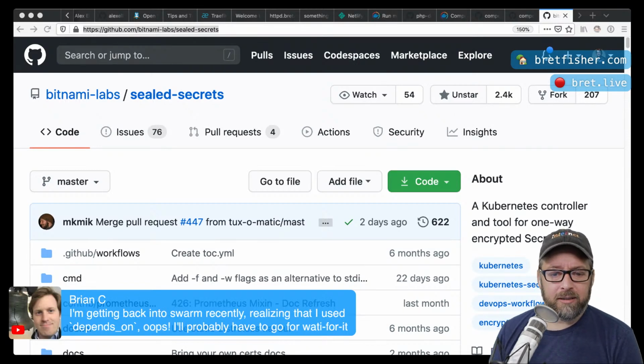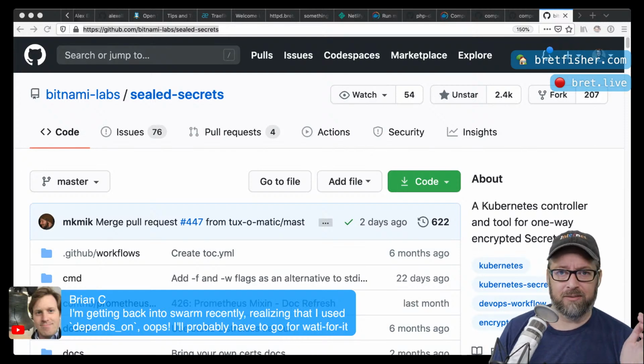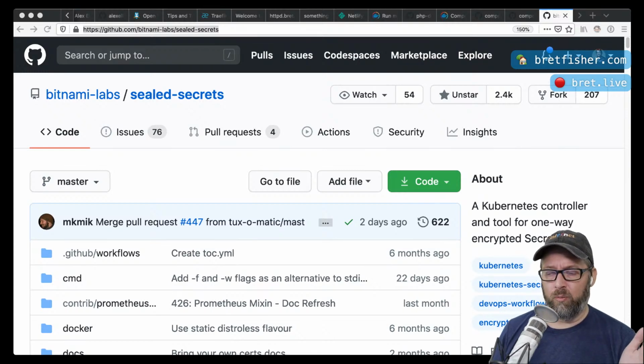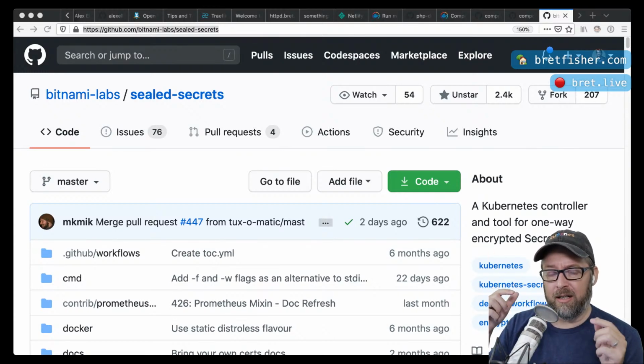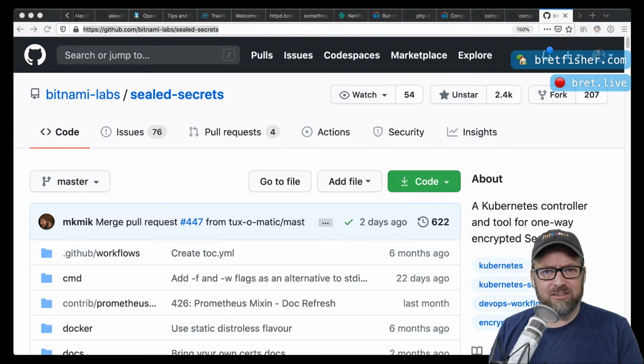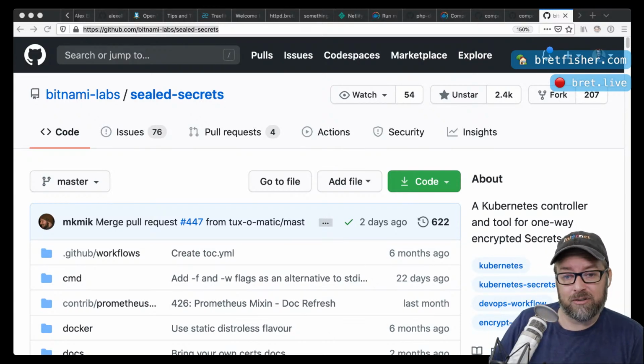Yeah, and if you're using Swarm, Brian, yeah. So if you're in Swarm and your app depends on another service, you need to change your app. Your app needs to use retries because Swarm and Kubernetes don't really have a distributed computing concept of wait for it, because in distributed computing, we don't do that. Wait for it is all about waiting for one thing to start for another thing to start. But in a distributed computing architecture in the cloud, things are going up and down all the time. So all the parts of your app should be designed to handle outages, even if it's an outage for 5 seconds or an outage for 5 hours, right?